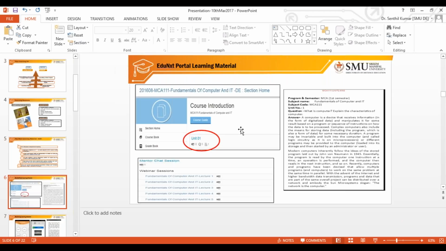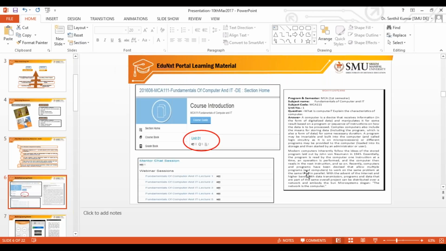As we discussed, this first screenshot, which is marked with red, shows the videos. In this particular unit, you have 12 videos given by the expert faculties, and down there under the mentor session, you have the recorded links of all the webinars conducted by the faculty members. Towards your right, you could see the snapshot of